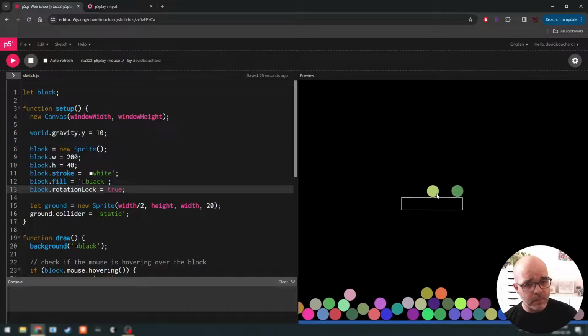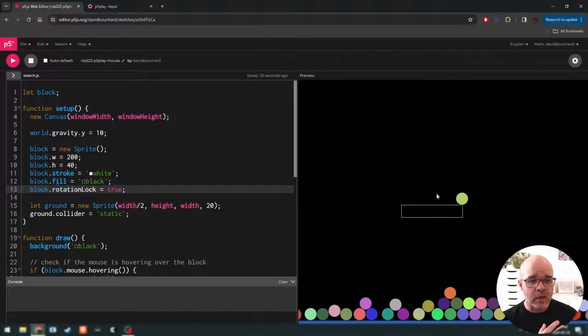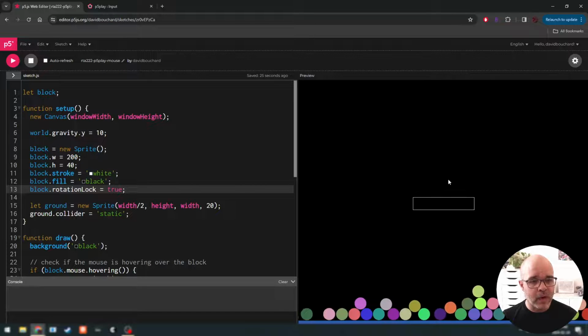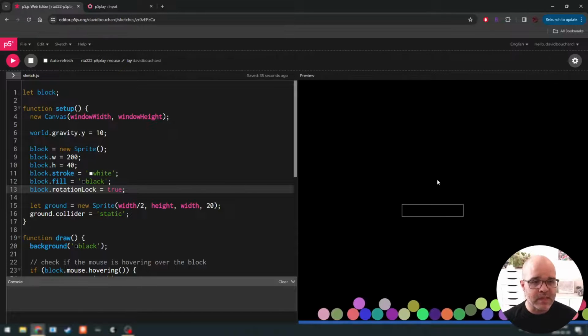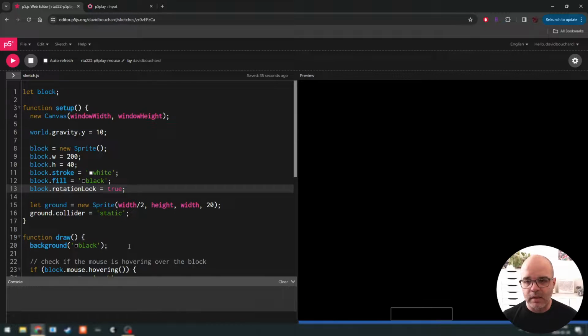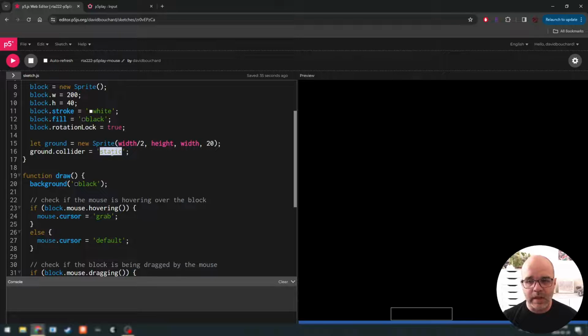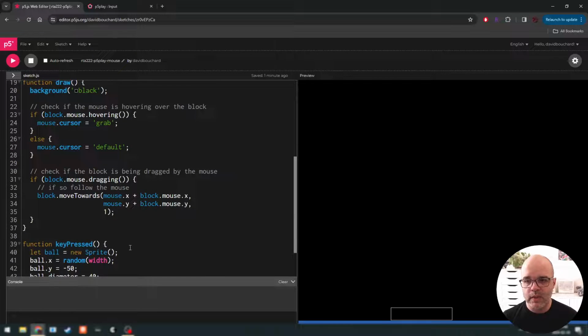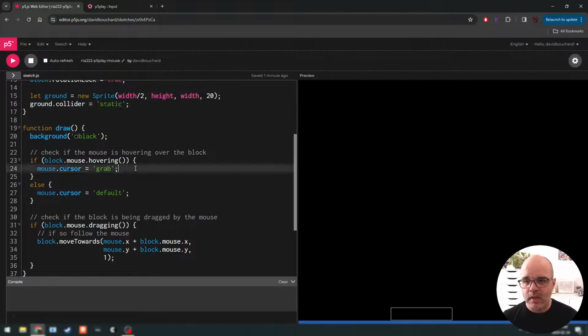So we can change the collider of our object in p5play. We have three different colliders. We have static, where objects just don't get moved by anything, but they can impact other objects. We have kinematic, where objects can be animated, but they will not respond to the physics of others. And then we have dynamic, which is the default. So let's experiment with that a little bit. We'll see when the mouse is